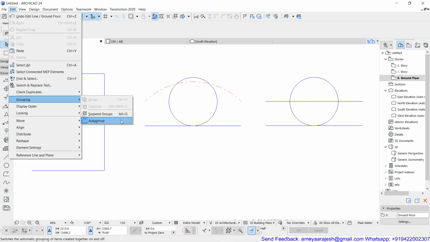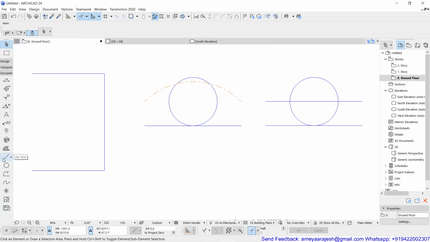So what do you mean by auto group? Remember, this auto group is right now on because this icon carries a blue background. It's highlighted. I shouldn't say blue because it depends on your screen color combinations, so I'm not going to say that this is supposed to be blue, just a highlighted background, so it's on. And because this was on, now I'll just click outside, I'm not going to switch off that.